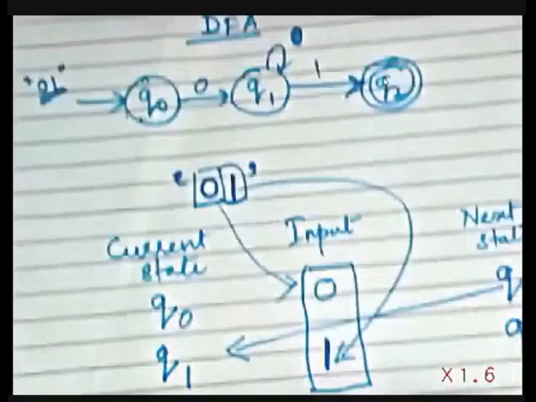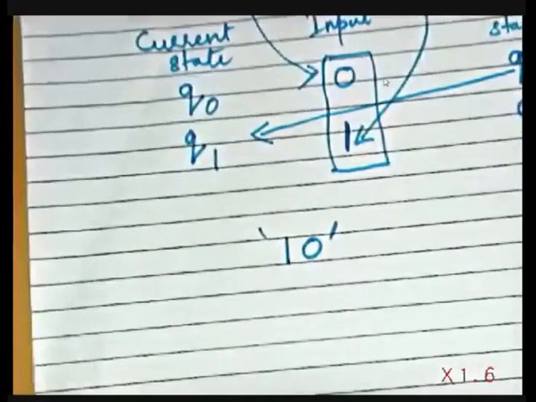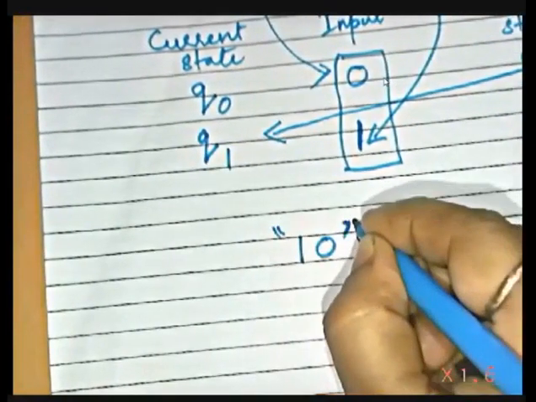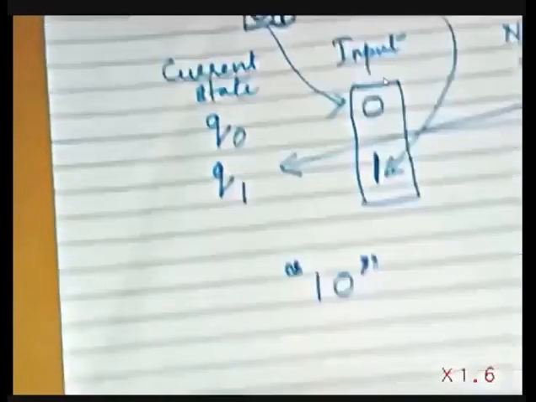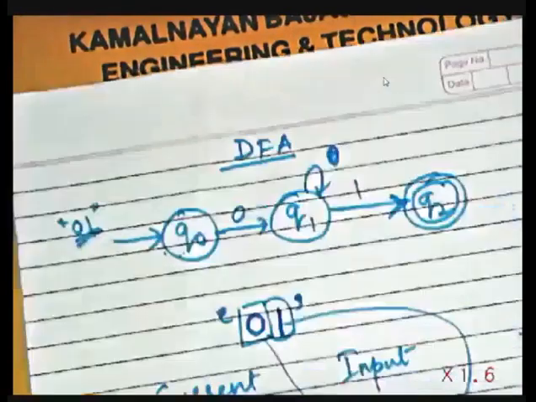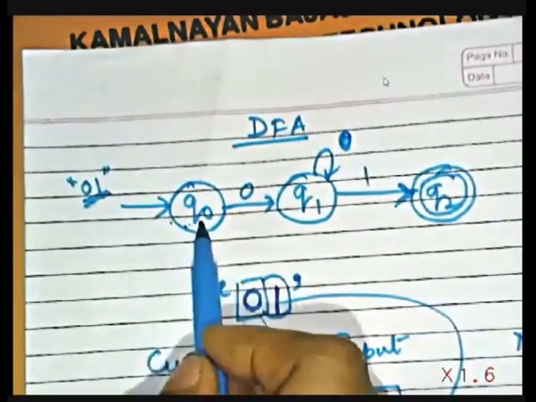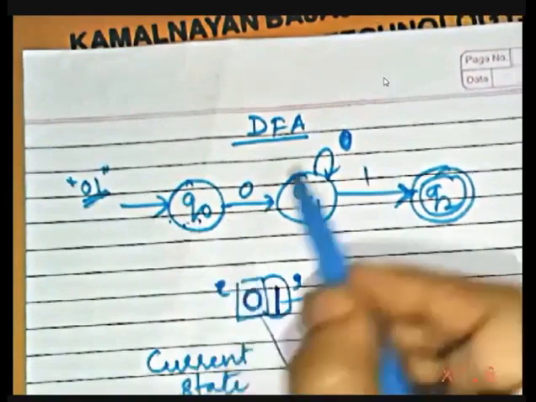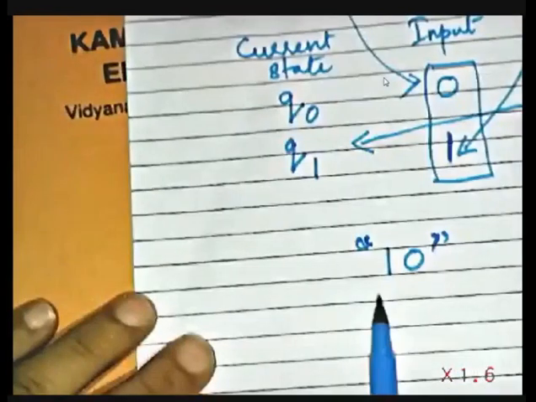Now I ask you, if I give input as 1, 0. Now my input is 1, 0. What will happen? Am I able to reach the final state from the initial state? Now again we will see this finite automata. Here what is happening? When I am in Q0, there is no path indicated in the total finite automata on 1. Where should it go?